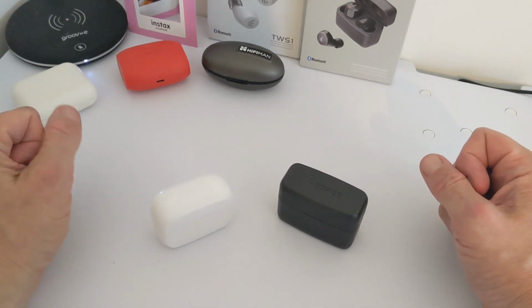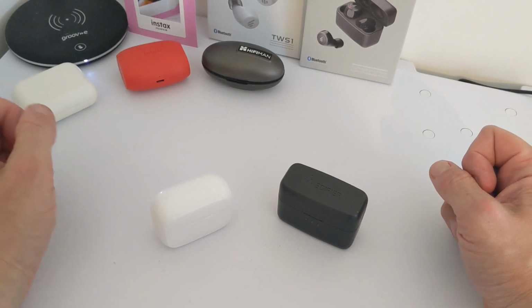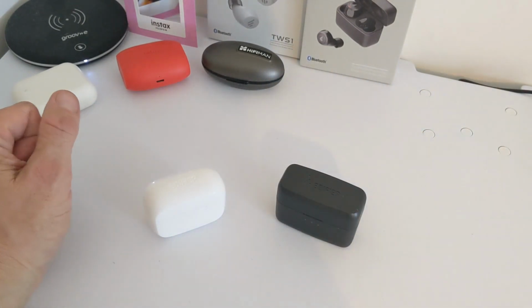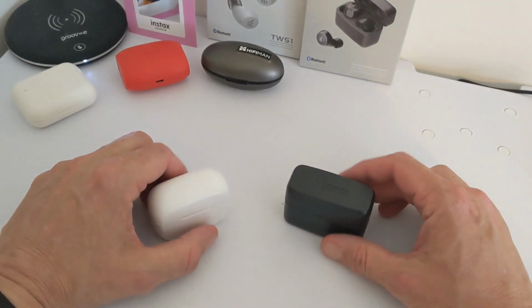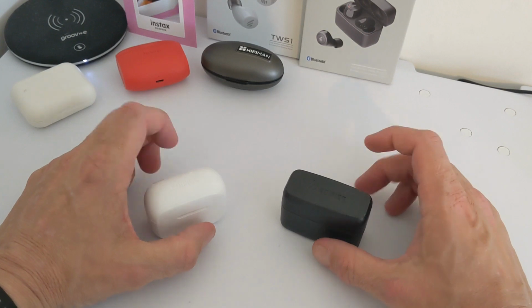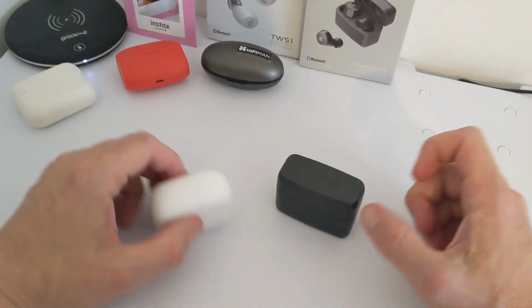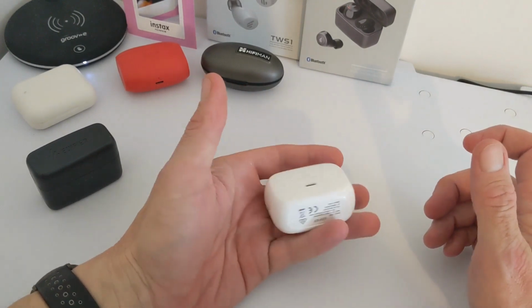Edifier would massively benefit from an app for their headphones and earphones, given that they do have good sound in general, as people know, having tested them for a long time and always been happy. But an app would only enhance that even more. So just something to keep in mind, and something personally I'd like to say to Edifier. And I still love their products and never had a complaint about any one of them, and the same goes today with these. So we're going to start off with the TWS1s, which are, as you see here,